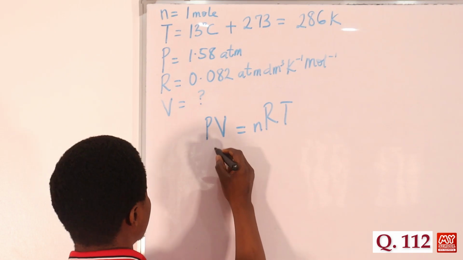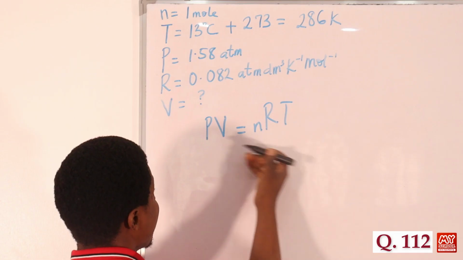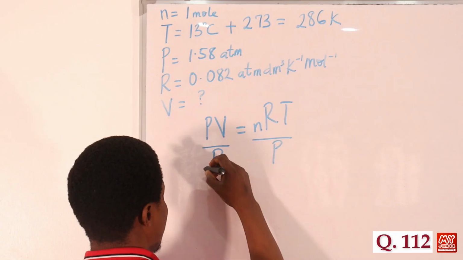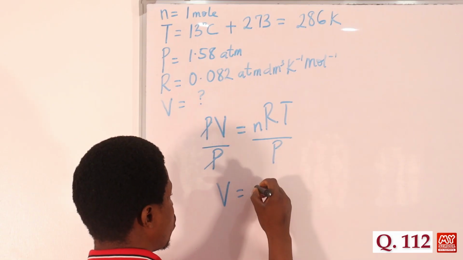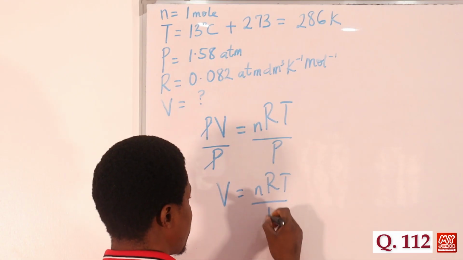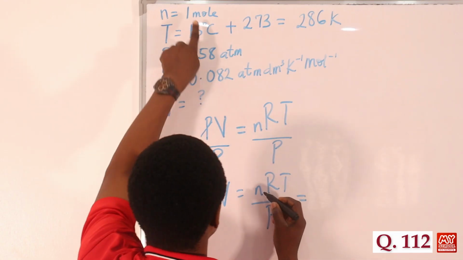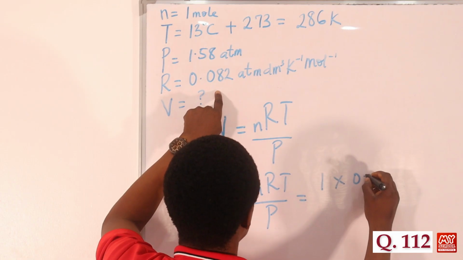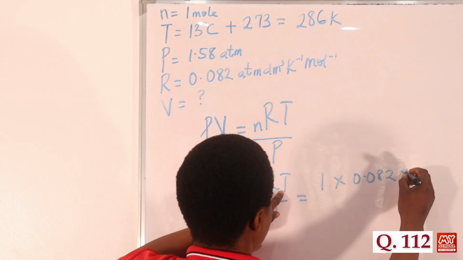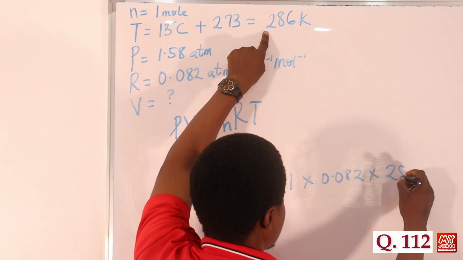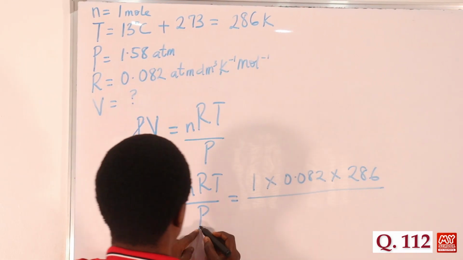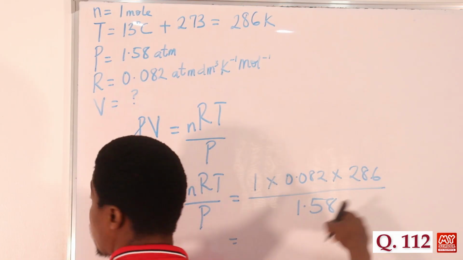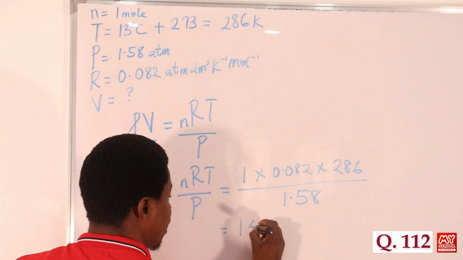P, of course, is given as 1.58. Since V is what we want to find, we divide both sides by P so that P cancels P. So V is equal to nRT all over P. Our n is number of moles, which is 1, multiplied by R, which is 0.082, multiplied by T, which is 286 Kelvin, all over the pressure, which was given as 1.58. By the time you solve all of this and divide, we are going to have